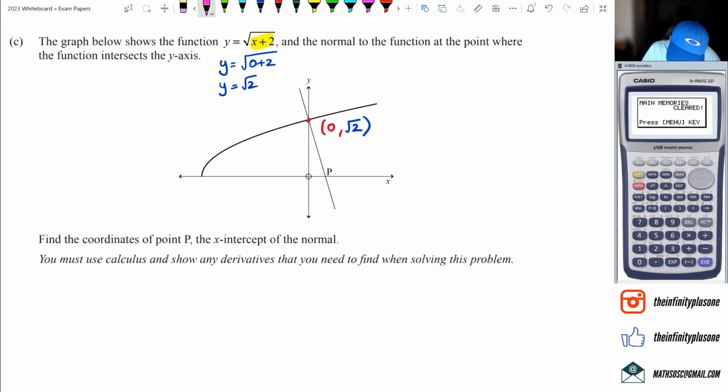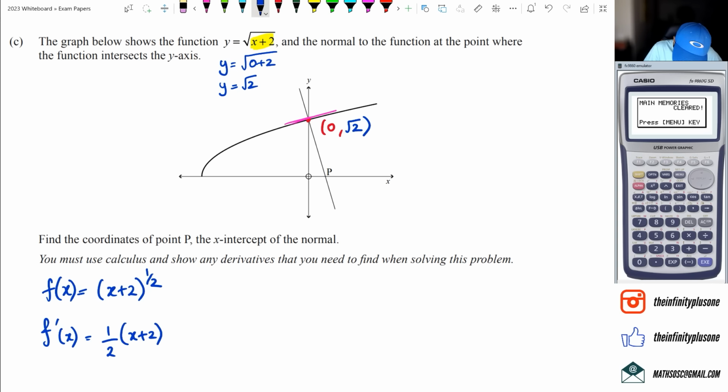So I'm looking for the gradient, that pink line right there. That's going to be my gradient. Once I figure that out, then I can go -1 over that to get the gradient of the normal. So if f of x is equal to the square root of x plus 2, I'm going to write that as (x plus 2) to the power of half. Then I can say that f dash of x, when I differentiate it, is going to be half